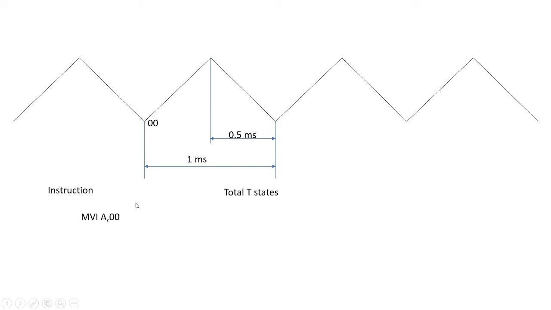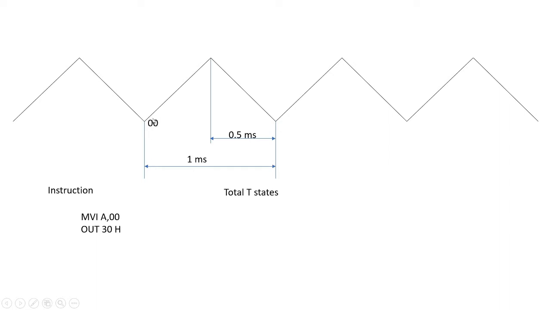Anyway, the content of the accumulator is now 00 and we need to output it to, say, port A. What is the address of port A? That is 30. Now this data, 00, we need to output to port A. That can be done by means of the instruction OUT 30H. Whenever this instruction is executed, the content of the accumulator is transferred into port A of the 8255 PPI.